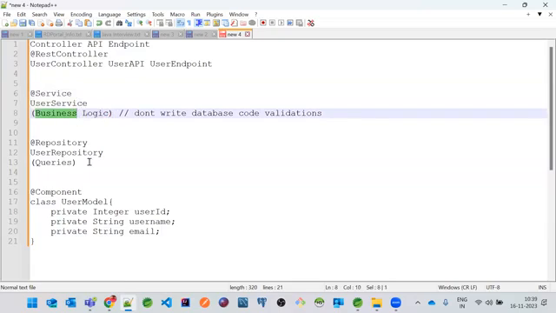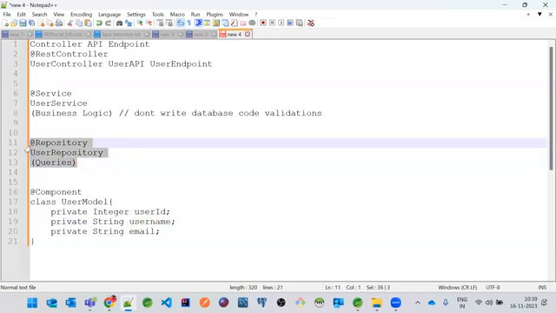Yes, sir. And then once the user email is valid, we need to pass this email to fetch the complete record of the user: what is the user ID, what is the username, what is his password, and all these kinds of things. We'll do it in the repository. Okay, sir, I got you. Sometimes we create POJO classes to do these things. Exactly.